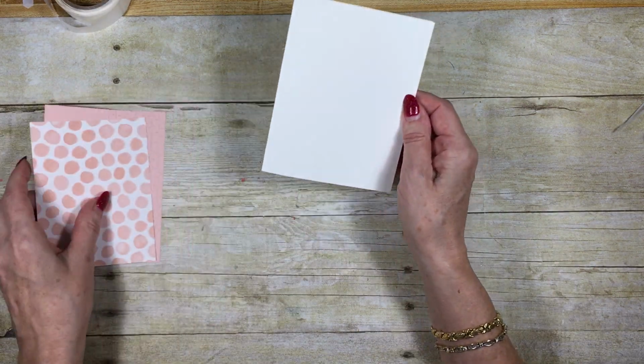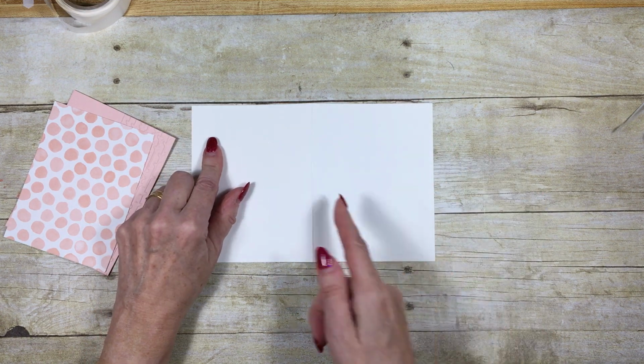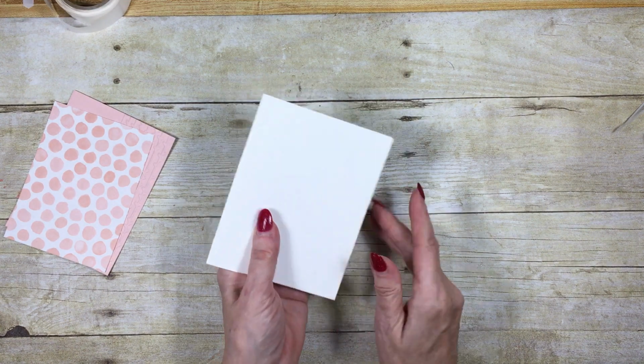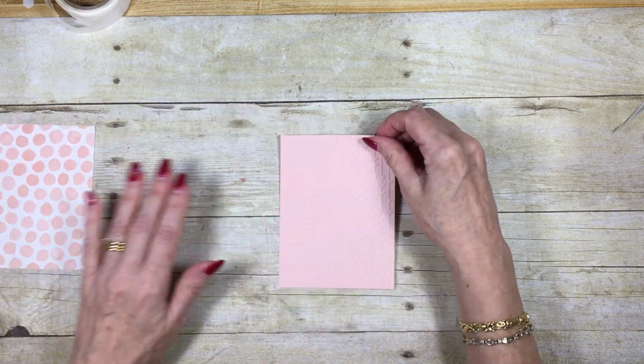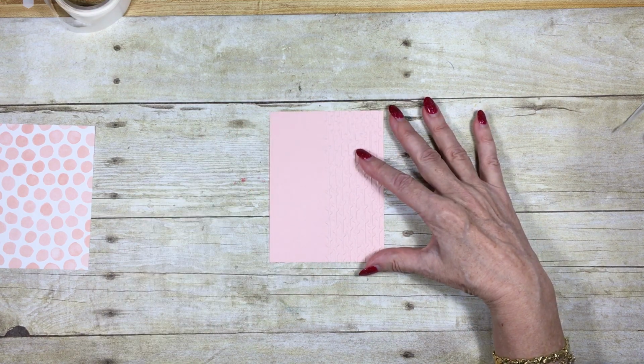So the colors, as I said, that I've chosen to do is the powder pink. So this is the card base, which is 8.5 by 5.5, scored in the middle here, and it's the extra thick white cardstock. Then I have a piece of powder pink, which is 4 by 5.25, and I've run it through